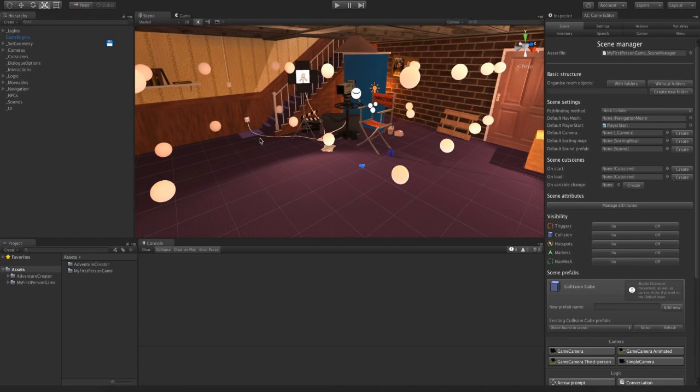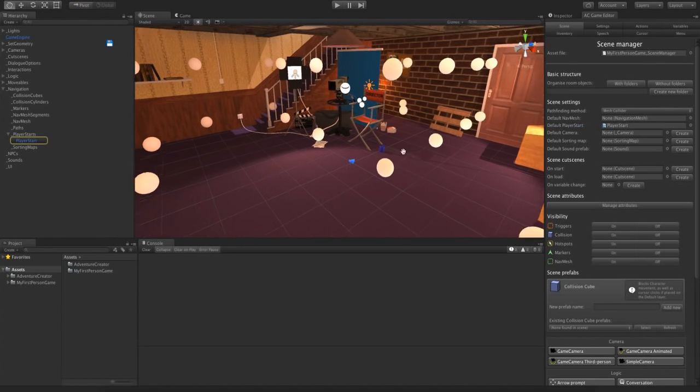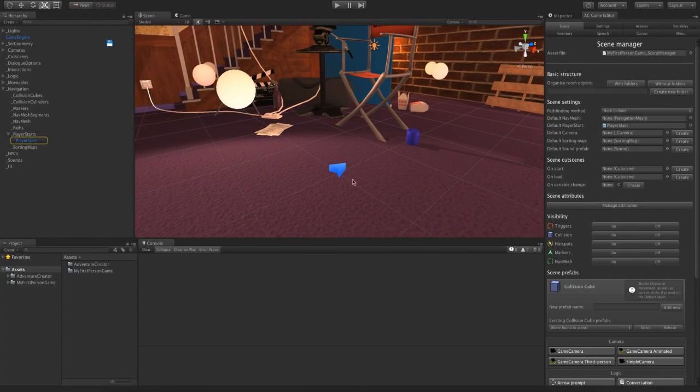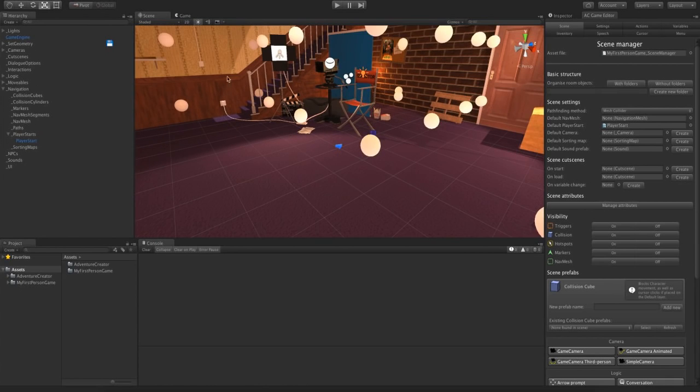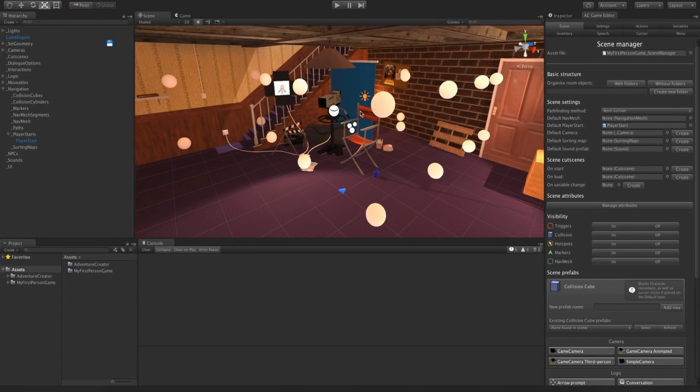Now we're going to have our player appear in the default player start. So in our scene settings you have our default player start field, and that's this small arrow here. But when the player spawns, once we've created him, he's going to fall straight through the floor because all of this geometry has no collision. So the first thing we're going to do is put the floor down to stop him from doing that.